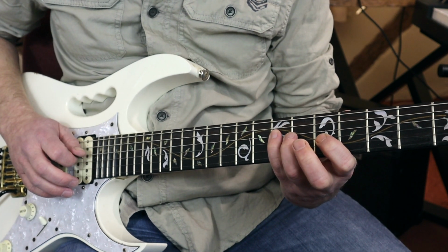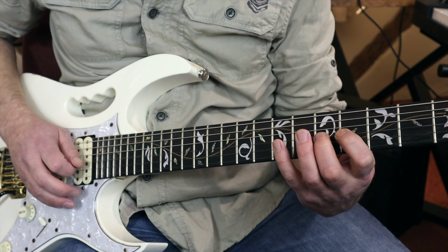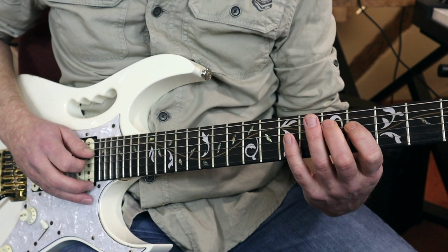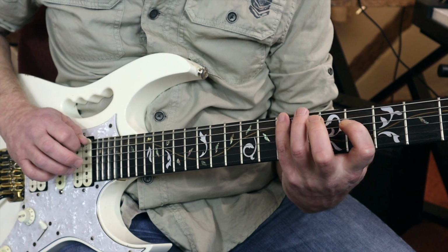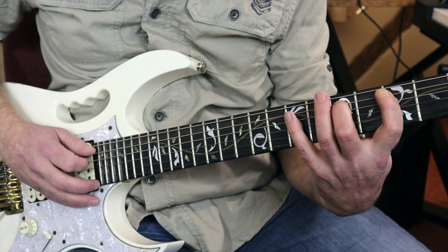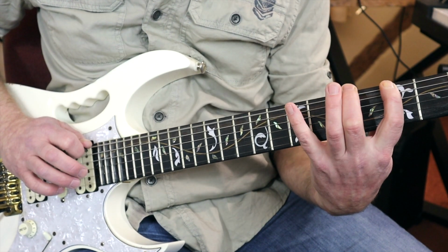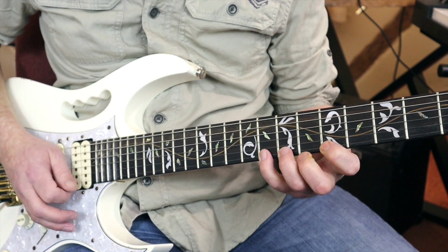Now the little finger goes to the 7 on the D, up the G string, 4, 5, 7, and down, 7 on the A, onto the D string, 4, 5, 7, up and down, to the 7 on the E, and onto the A string, 3, 5, 7, up and down, and then 7, 5, 3, to the E string, finishing on 5. So we have